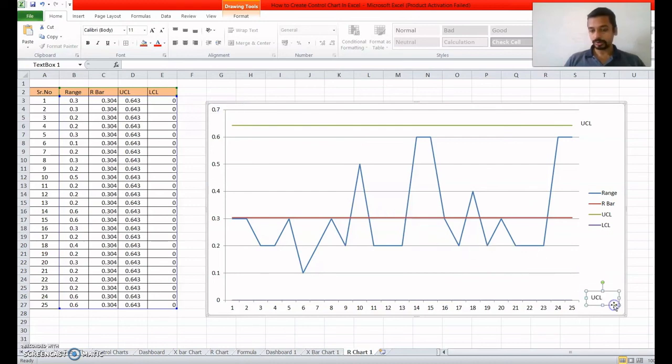So this is our lower control limit. So now, hope you understand both graphs, X bar and R chart, and now you can create this chart